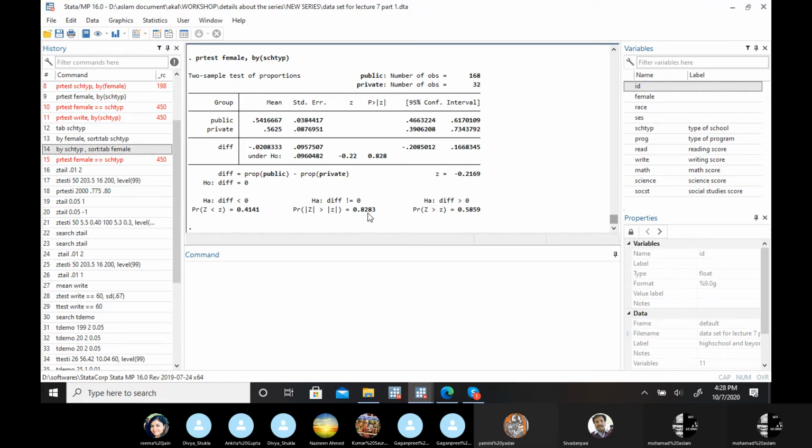The only thing you have to keep in mind is that to do a proportion test, your data needs to be of that particular nature. Otherwise, sometimes you will find an error in the status. It might show you that you have more categories than the required categories. Keep in mind, we can only compare two samples at a time.